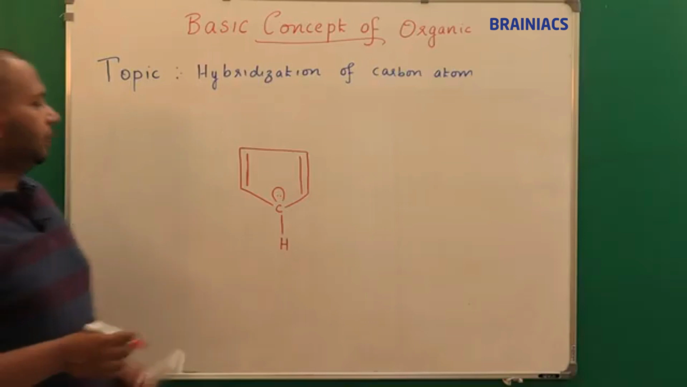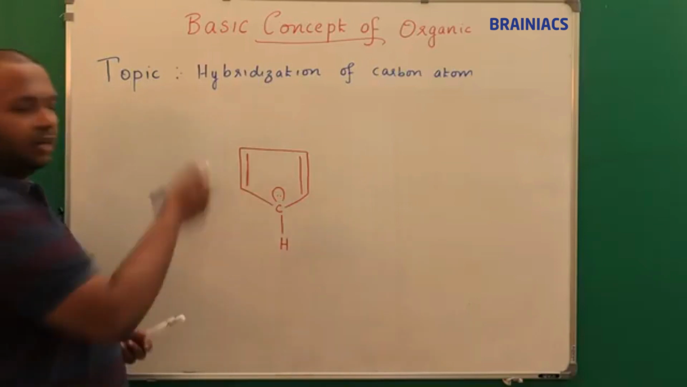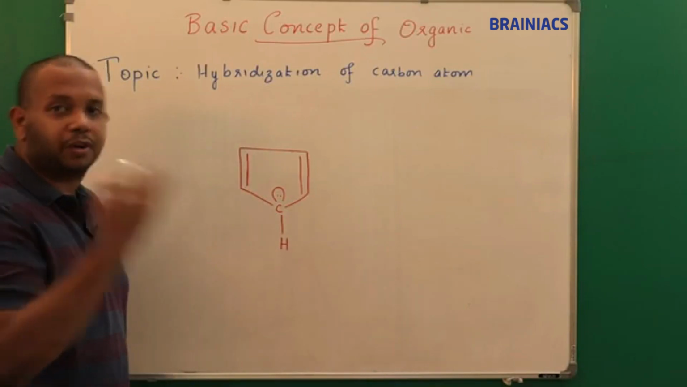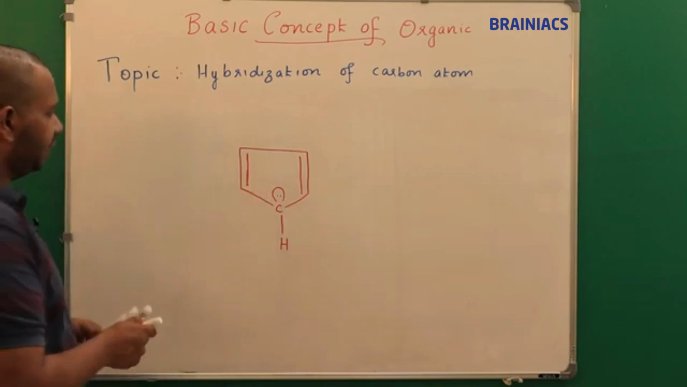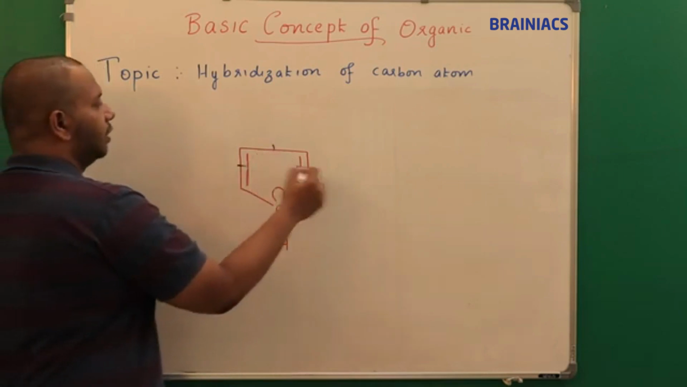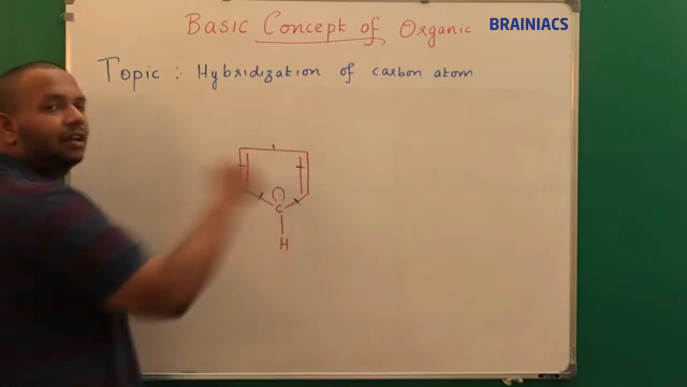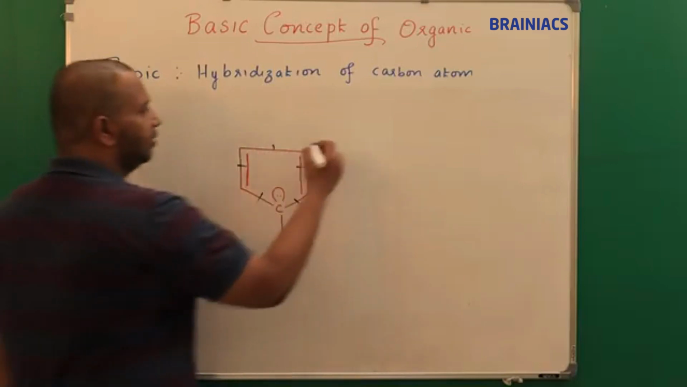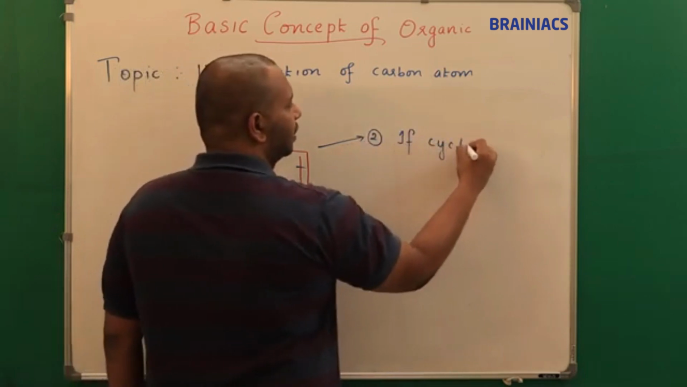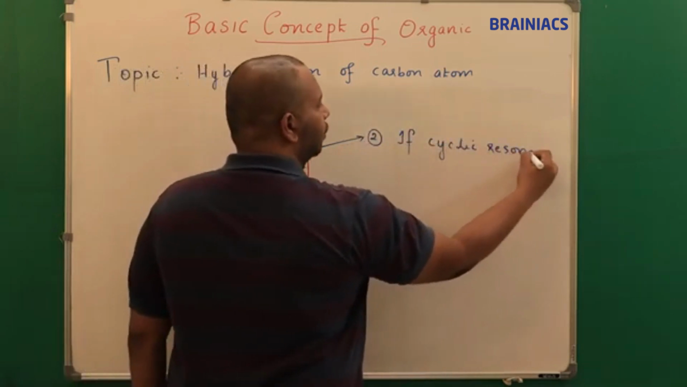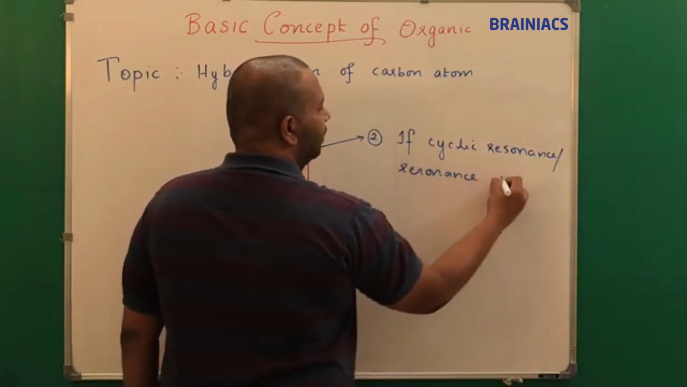Okay. Suppose for carbon, if there is a pair of electrons available, earlier we have seen we need to consider that for hybridization. But this is a special case. Here what is happening? You know that double bond is present, single bond, double bond, single bond, then comes lone pair, then single bond. So that means there is a cyclic resonance present. That means in the second case, if cyclic resonance or normal resonance is present,